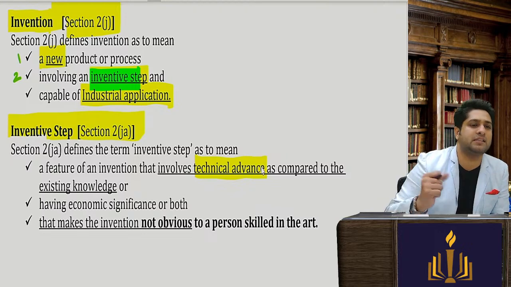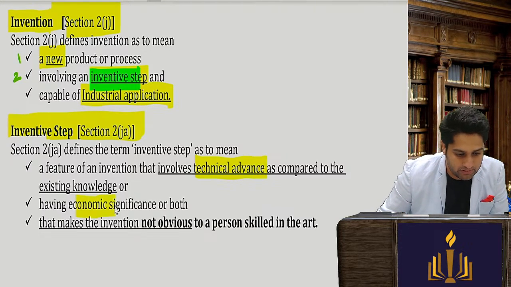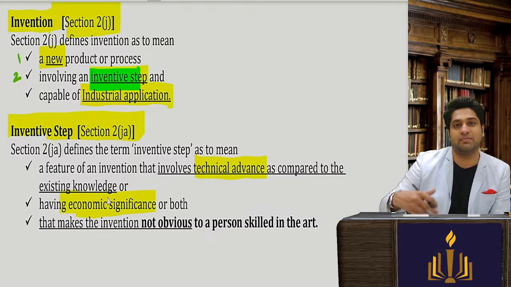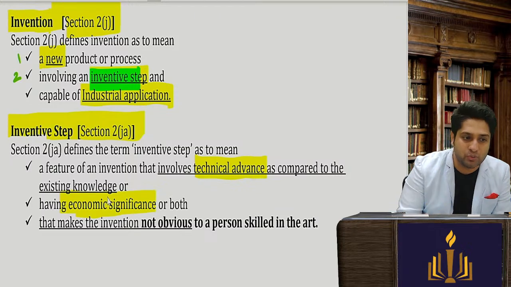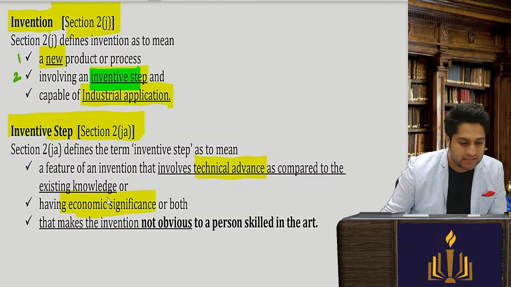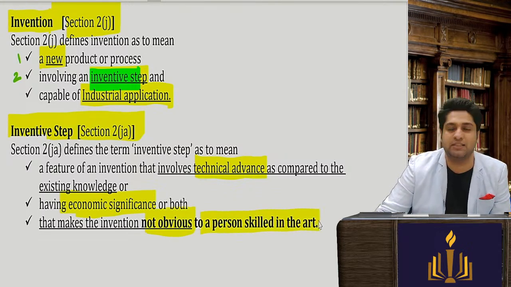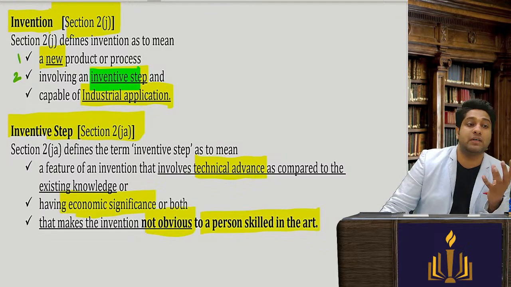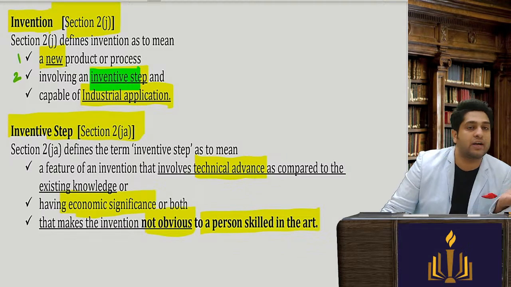Second, advancement is there. Next, it should be of economic significance, having some kind of monetary, commercial or industrial use, some economic activity it should generate. And next, it should be non-obvious to the person skilled in the art. So a person of that field should not be able to guess it, he should find, oh wow, it's really